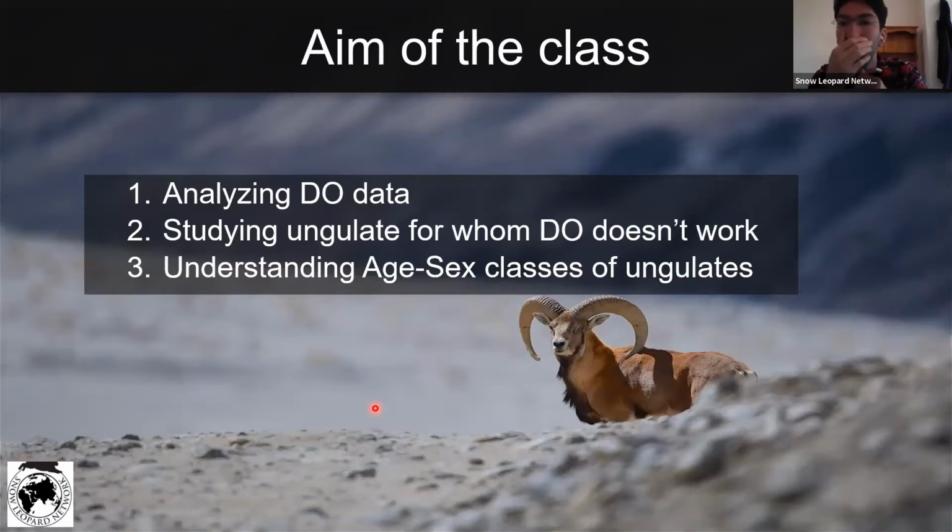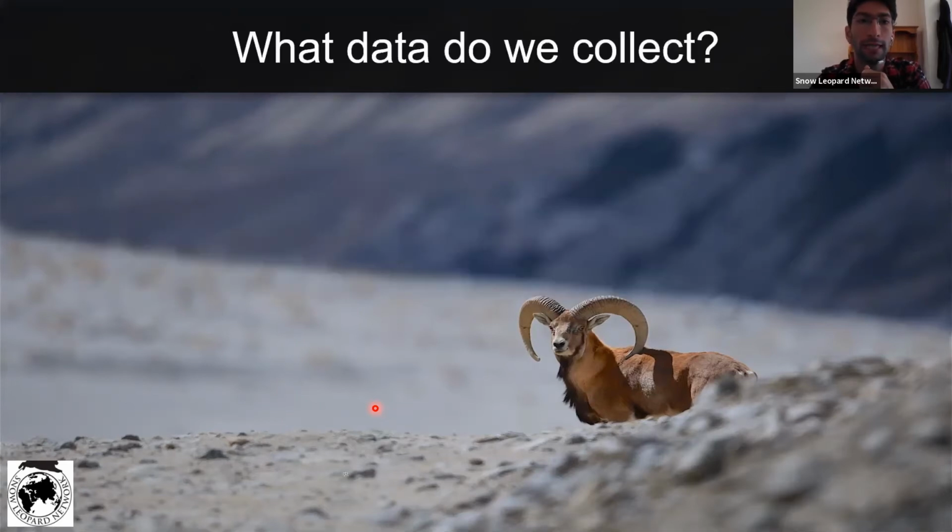And again, I want to say, by no means am I an expert in any of these things. It's just things that I'm interested in and know. So if at any point people have thoughts, ideas or suggestions, because there are people who've done this, maybe even more than some of us speaking about it today, feel free to type in the chat box or even speak up. So it'll be great to have everyone's input. So yeah, let's start off with our first aim then.